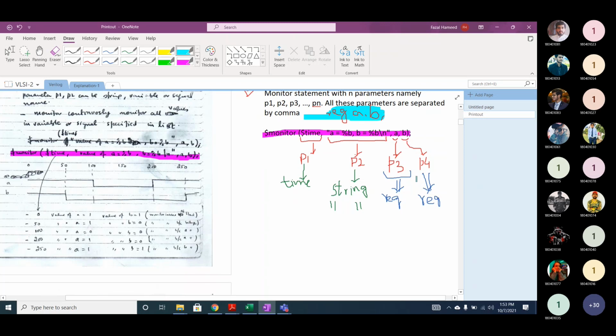Now if you look at this type reg, is this reg a single bit or multi bit? Scalar or vector? Sir, it is scalar, we have not defined a size. By default it is scalar. And scalar means one bit or multi bit? One bit, sir, single bit.